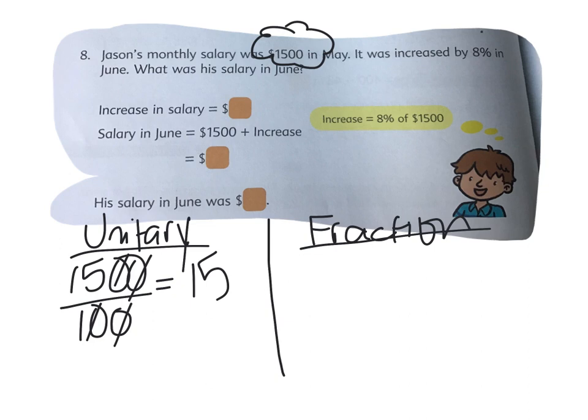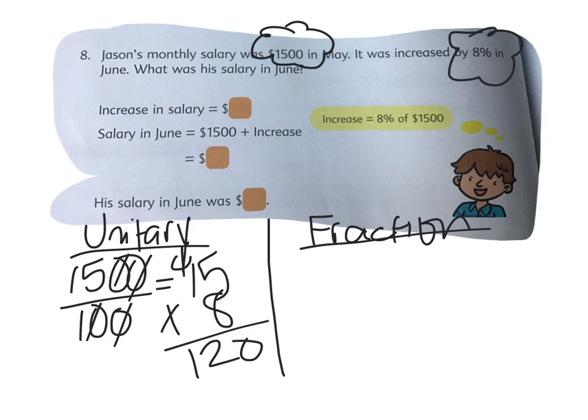Now we're going to multiply that by 8%. So times 8, 40, 120. So that's going to be an increase. So $1,500 plus 120 is going to give me